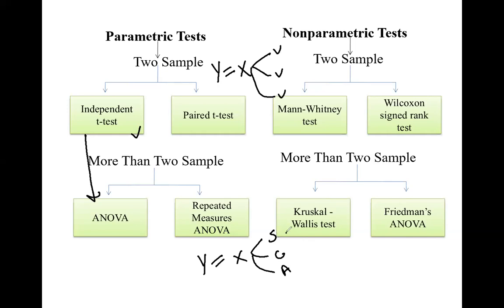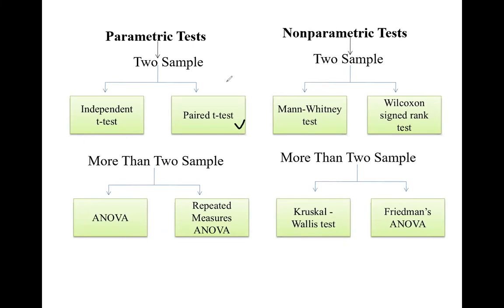Is it that science teachers are getting more salary than commerce and art teachers, or commerce teachers are getting more salary than science and art, or arts teachers are getting more salary than science and commerce? So when we want to know the difference in mean across more than 2 levels, we use analysis of variance. The limitation of the paired t-test is that we can